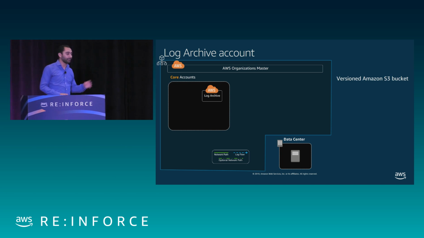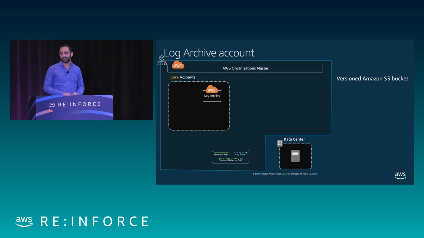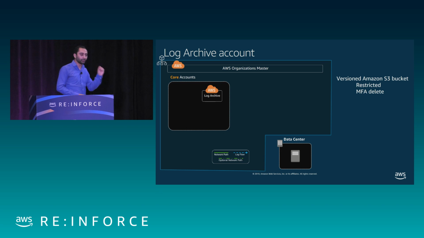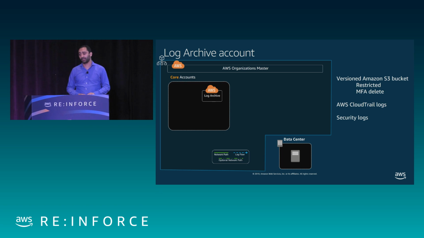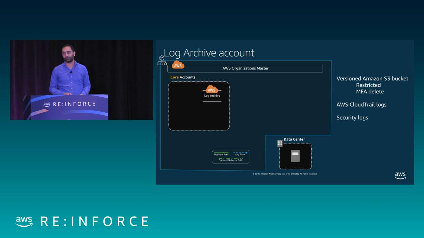Your CloudTrail logs from every single account or every single place goes in there. It's a single source of truth. It's your security log, config logs. Some customers choose to start putting some application logs and things in there. But the golden rule is keep it so it's only hosting the logs. We're not putting compute. We're not putting log analysis. We're not putting any of that in that account. This is the single source of truth.